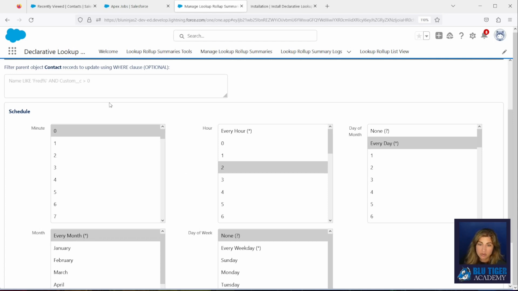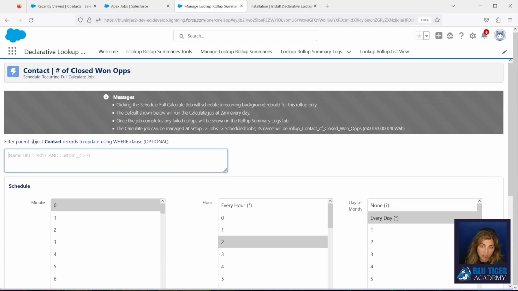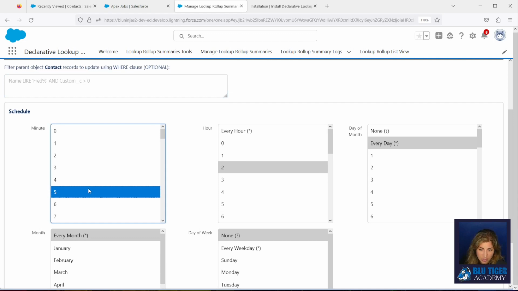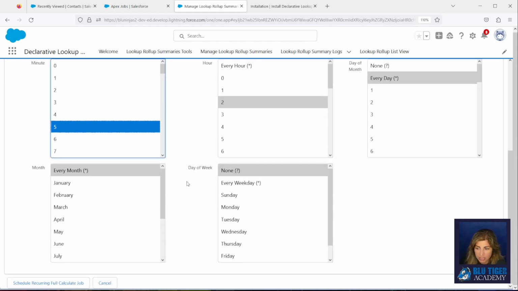So you can schedule this. You can actually even filter which records you want to schedule this roll up to happen for. So right here, it's going to run at 2 a.m. If I set it to this, it's going to say 2:05. So it'll run at 2:05.